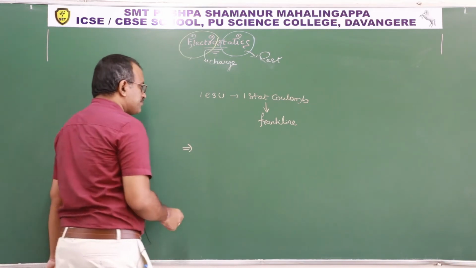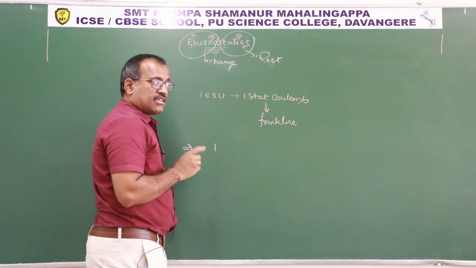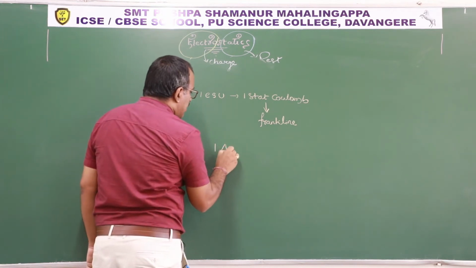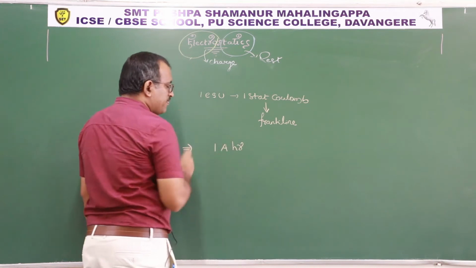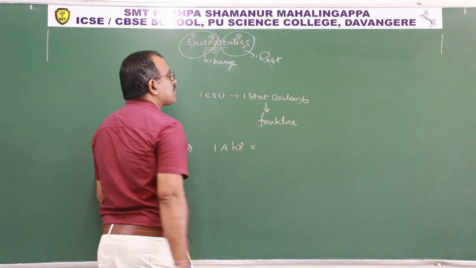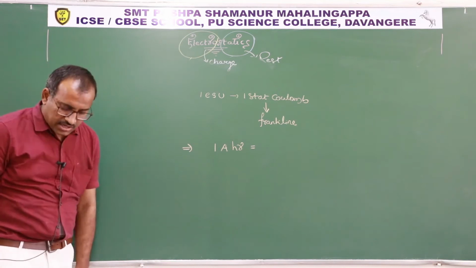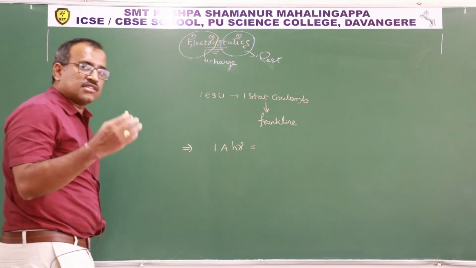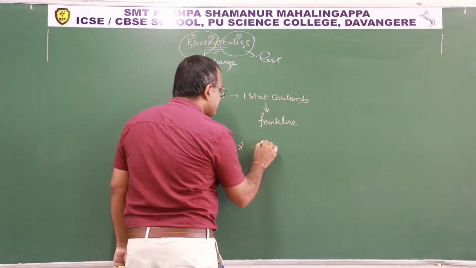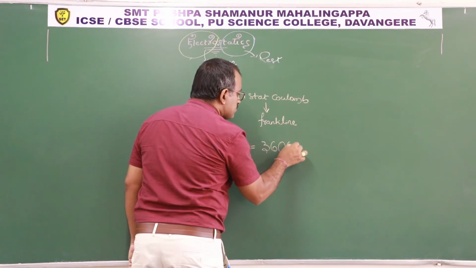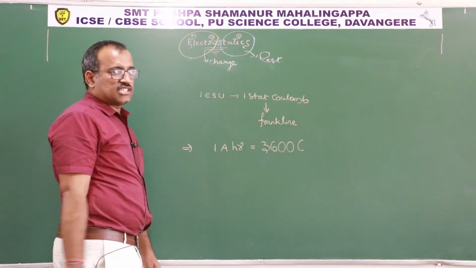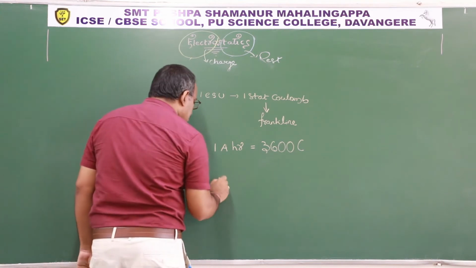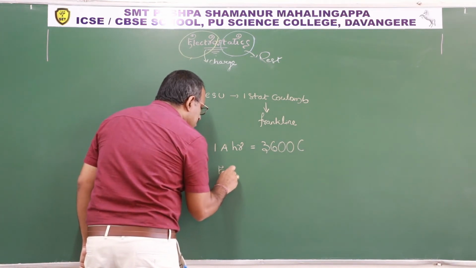But beforehand, practical units are there. 1 ampere hour is equal to, listen carefully, 3600 coulomb. And 1 Faraday